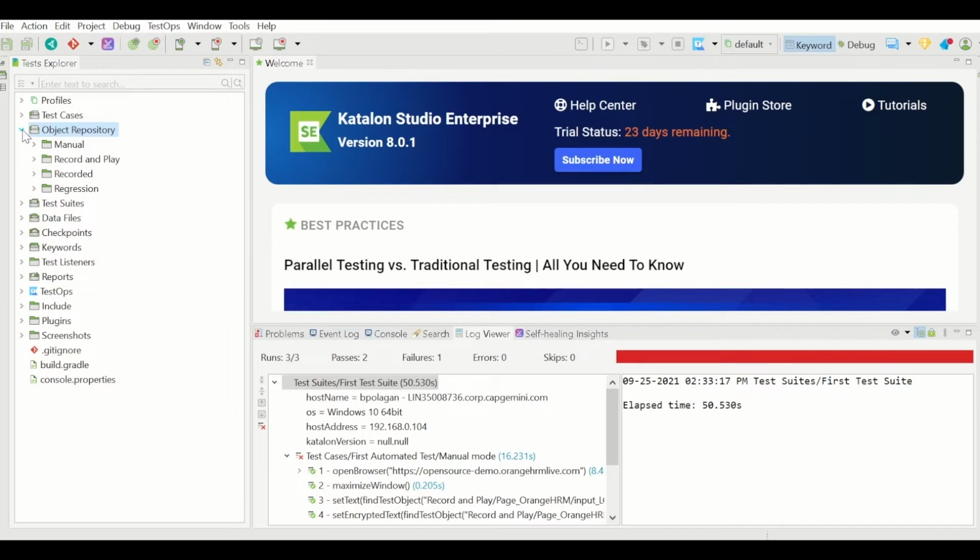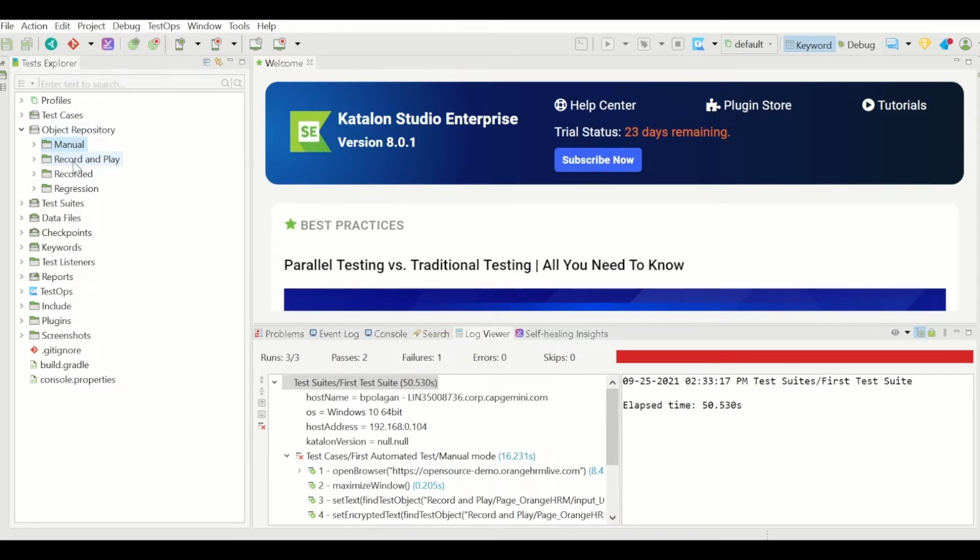The purpose is that we want to separate the objects from the test cases so that it is easy for maintenance. So when there are changes in the application, instead of making the changes in the test cases, we just have to make the changes for that particular object or web element under the object repository.